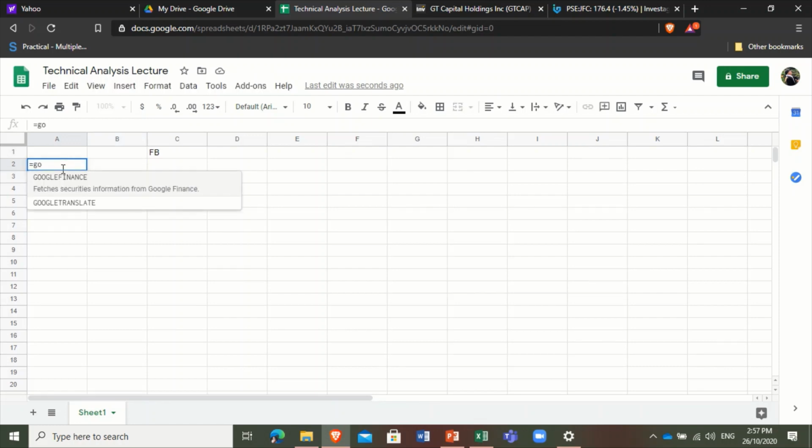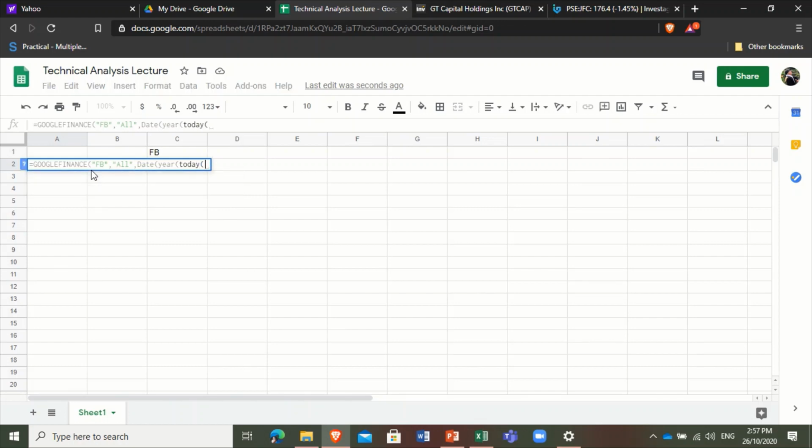Let's just say Google Sheets ulit. Google Finance. And then I would want to look into the stock price of Facebook in a 3-year data ang gusto kong makita. So, pwede natin gawin yon. So, I'm just gonna simply click all. Alright, comma, date, right, the year, and 3 years from today. Okay. Ayan, no? Napaka-busisi lang nung kanyang code.